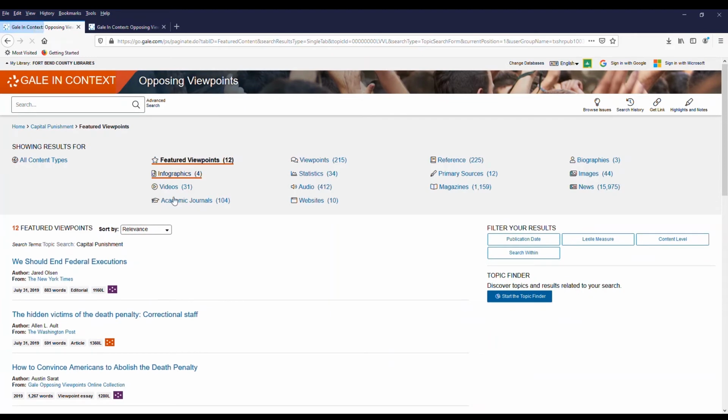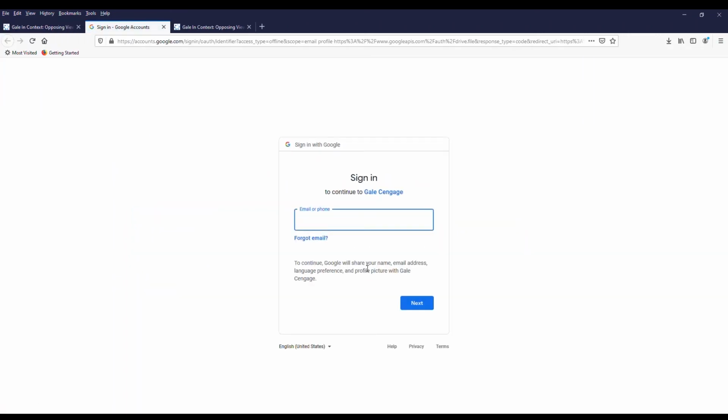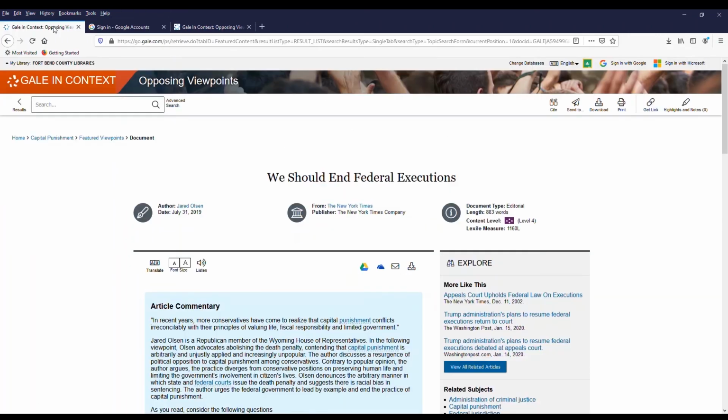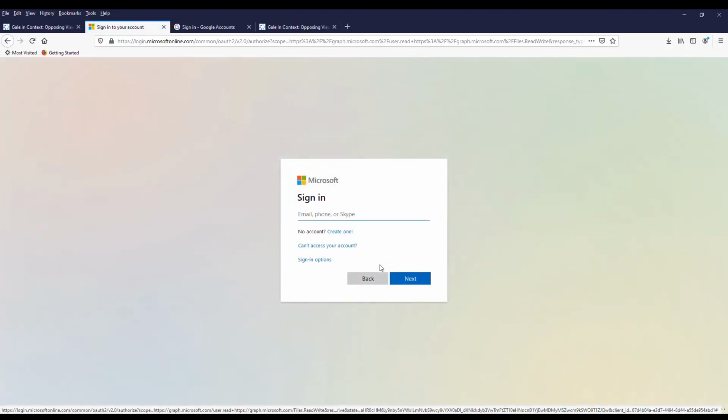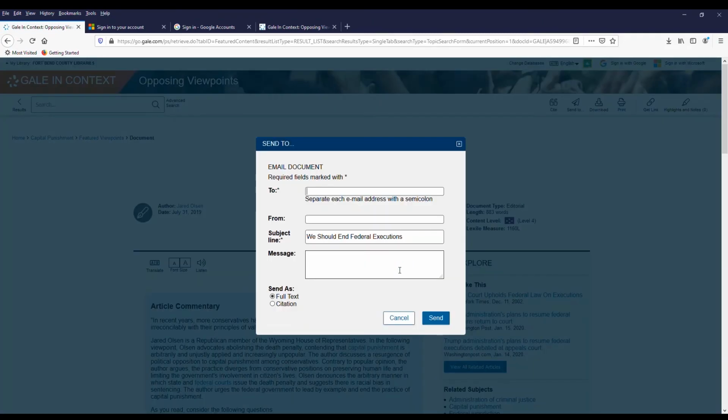And you have the option to send it to your Google Drive, Microsoft Cloud, download as a PDF, or email it to yourself,